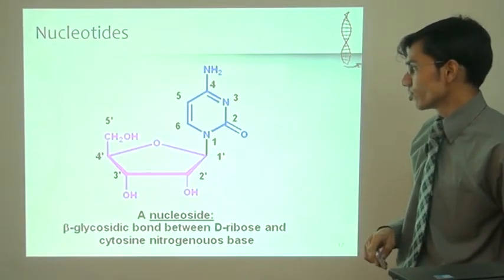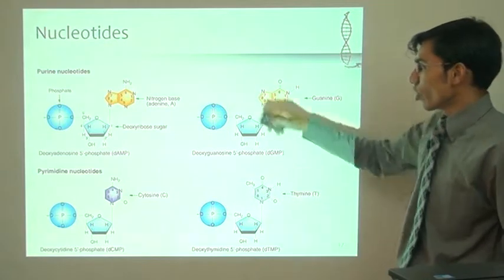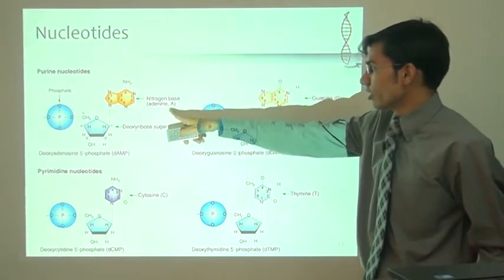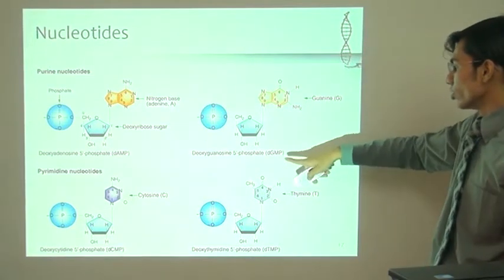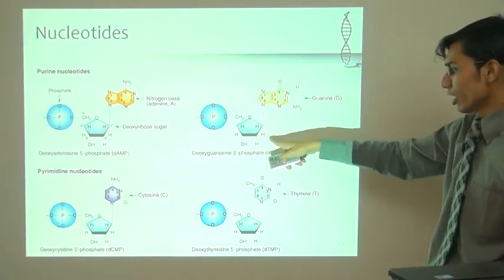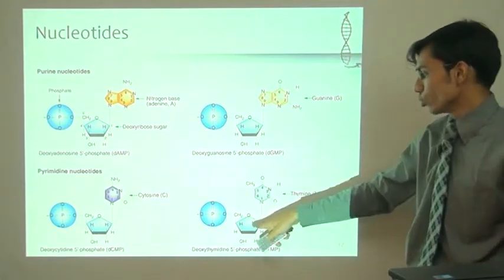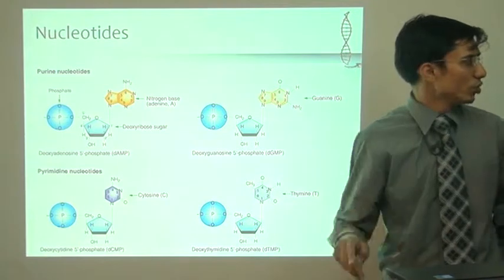Again, nucleotide structure. These are all nucleotides. Purine nucleotides include adenosine monophosphate, AMP. This includes GMP, guanosine nucleotide. Then the pyrimidine nucleosides, cytosine and thymine, with sugar and phosphate moiety, all 4 structures.